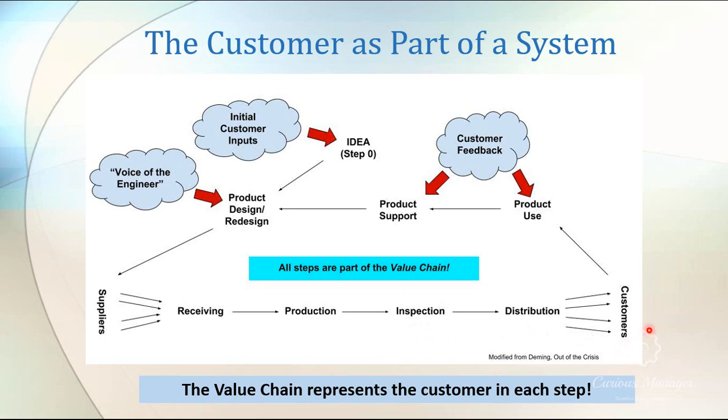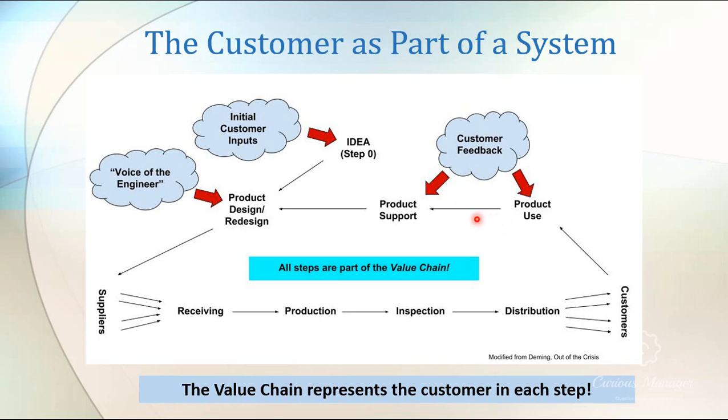Then the customer uses the product. And in TQM, we have a closed loop here. Once the customer uses it, we have product use here. We end up with a customer feedback section. I call it product support. Sometimes you hear it called after sales support or whatever. But this is actually a very important part of the quality step, because this is where we close the loop